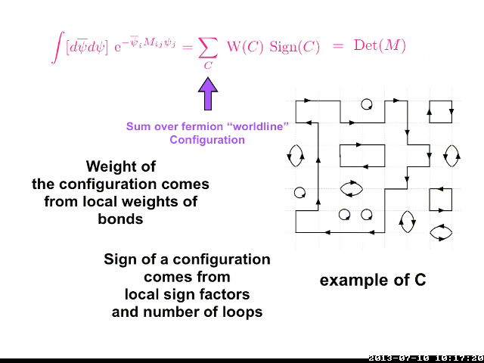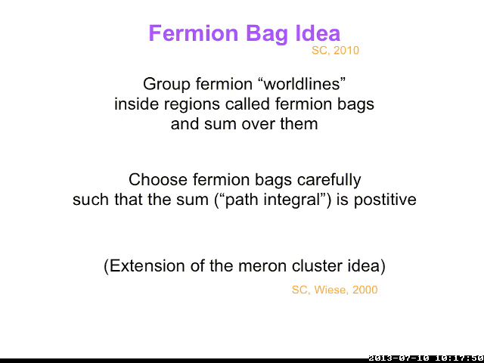Now that's a very useful thing to remember, that in the traditional approach, when we do the determinant calculation, we are actually summing over all possible fermion world lines in all possible regions of space and time. Now is that necessary, or can we do some subset of regions where you sum over fermion world lines, and then if you choose those regions carefully, perhaps you still get positive weights? And that's sort of the basic idea of the Fermion bag approach. So the Fermion bag idea is to...